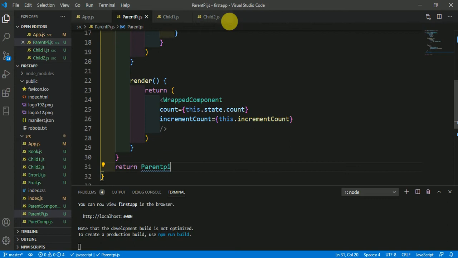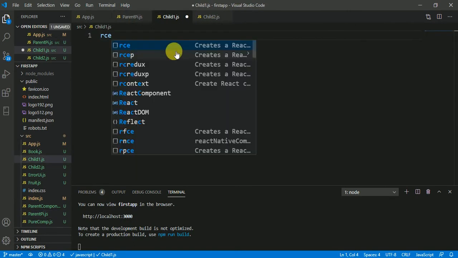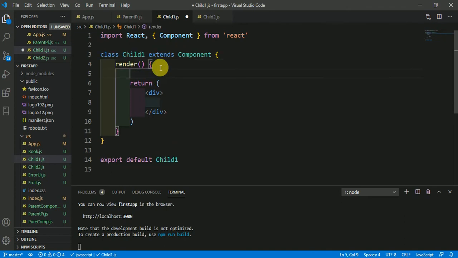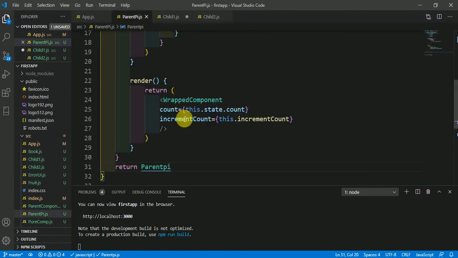just save it and come in child1.js, make here a class component. Now using the concept of destructuring we will use this count state and this incrementCount function from the parent component in this component. So here is equal to, sorry, this.props. This is that count or incrementCount here, the ones which we have here, count and incrementCount.